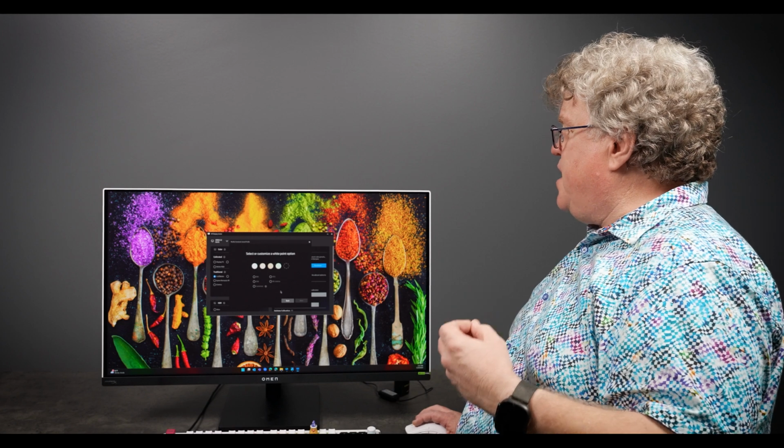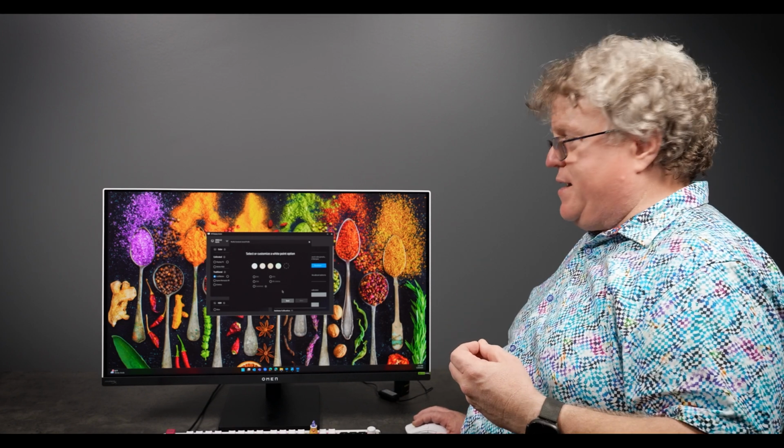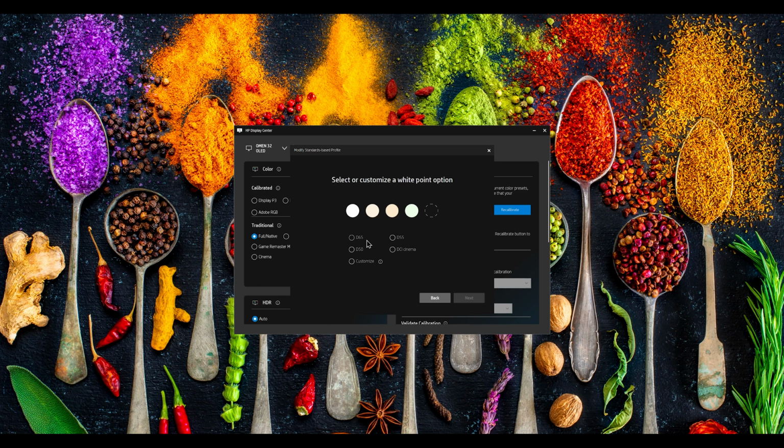It now asks me to specify the white point that I'm going to use, or the color of white. We're giving you 4 options: D65, which is the standard white for most use; D55, which is a little bit warmer; D50, which is quite a bit warmer; or DCI Cinema. D50 you may want to use if you're doing press proofing on your monitor. DCI Cinema is what you would use if you wanted to match a digital cinema projector's white point. And again, Customize allows you to enter in a custom white point as you want. In this case, I'd say I'm going to use something for print, so I'm going to choose D50.